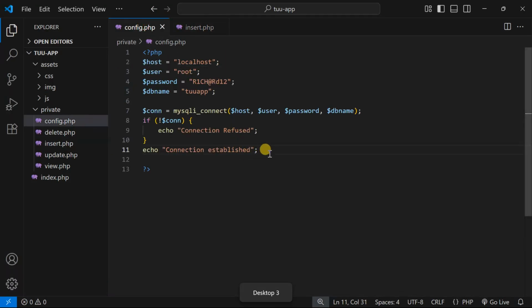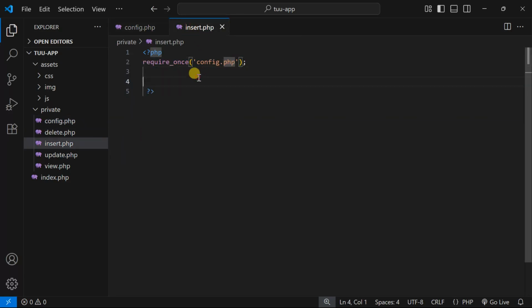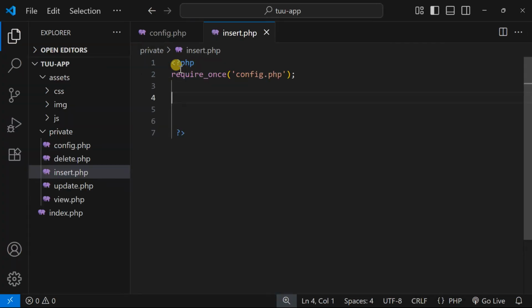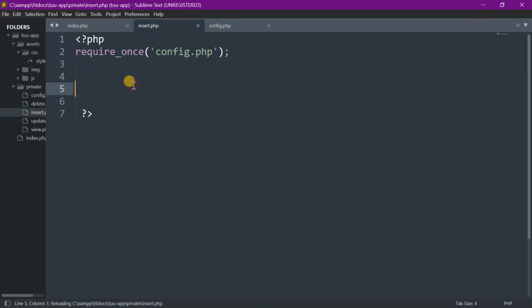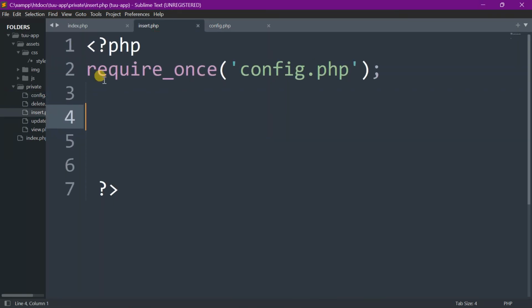Now we no longer need that message. If the database is not working, we shall get an error. If not, we shall continue with our operations. So now we want to insert data in the database using PHP. Okay. So we shall need